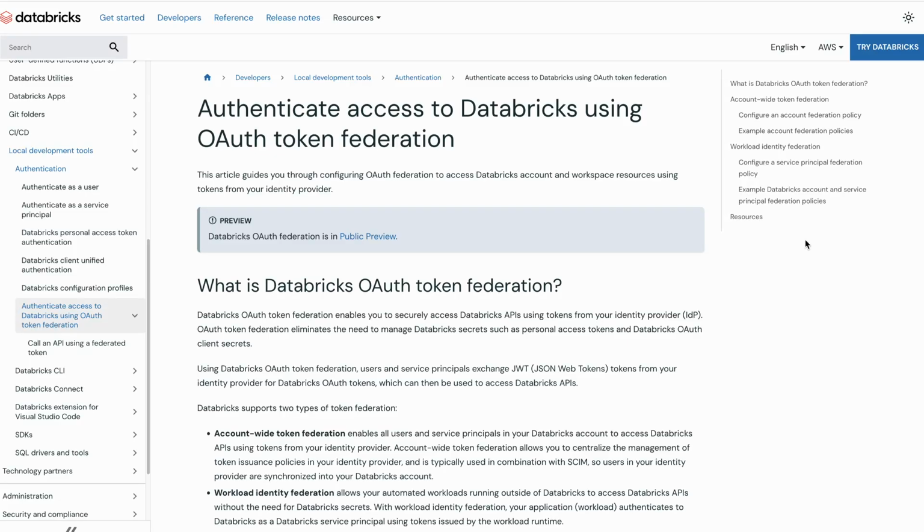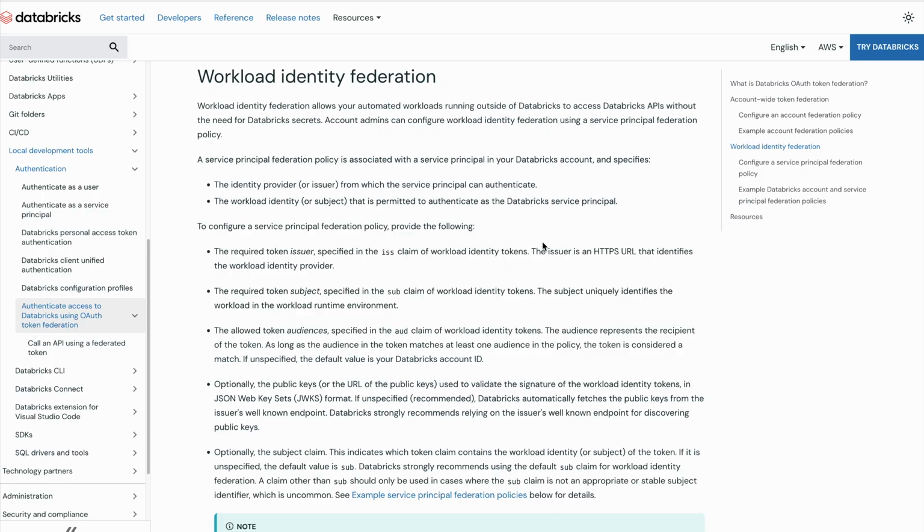We'll be looking at how you can use Workload Identity Federation to authenticate to Databricks. Workload Identity Federation is an industry best practice for authenticating from automated workloads such as CI/CD pipelines because it allows for authenticating without the need for long-lived secrets such as personal access tokens or OAuth client secrets. With Workload Identity Federation, you authenticate to Databricks using short-lived tokens issued and signed by your trusted workload environment, such as